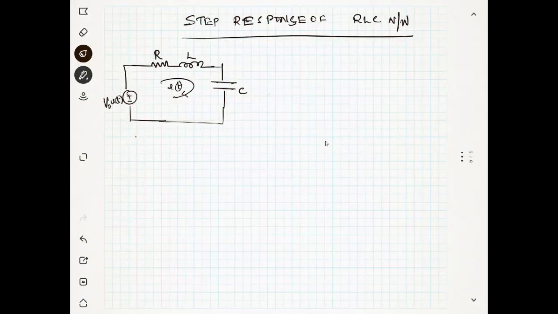So what will be in the Laplace domain? What will be the R? R will be R itself, right? Same. But what will be L? SL, right? And the capacitor becomes 1 by SC. Now I am going to find out